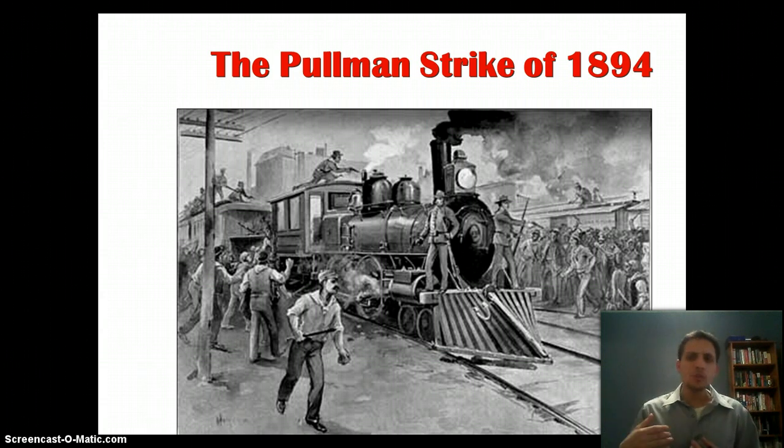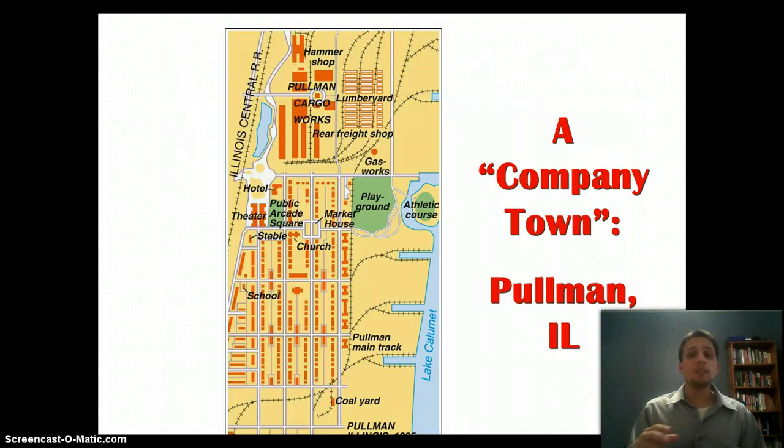In the Pullman Strike, they're dealing with a similar thing. They're trying to lay people off and cut wages, again in an economic downturn. And so again, the workers are going to try and strike back here. What happens here is, again, federal troops need to be called in to quell the violence and to stop the violence here.